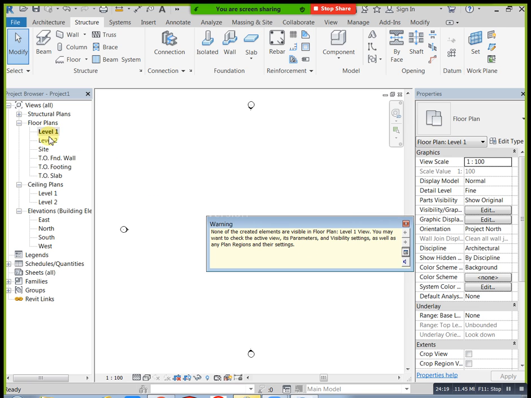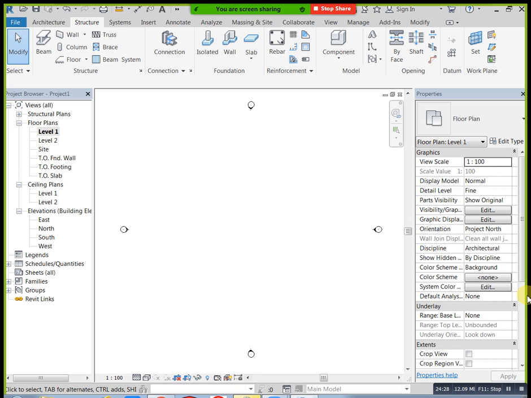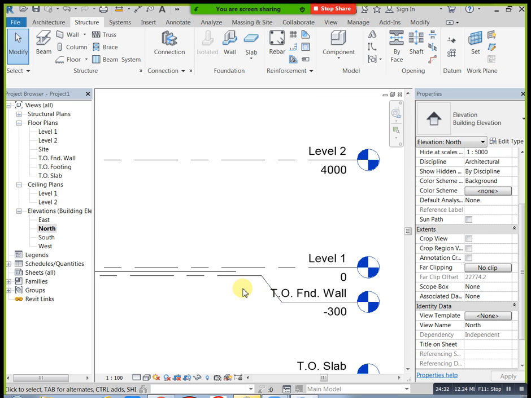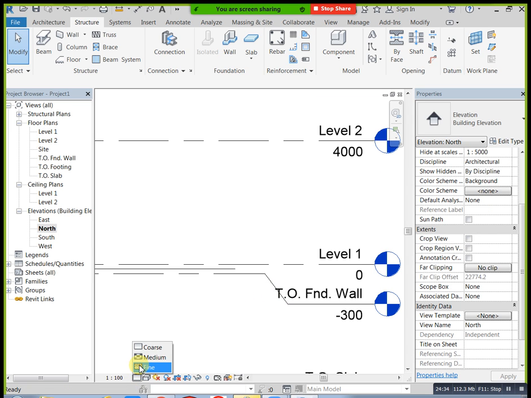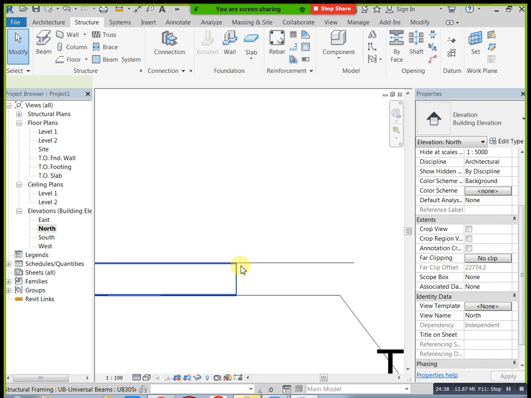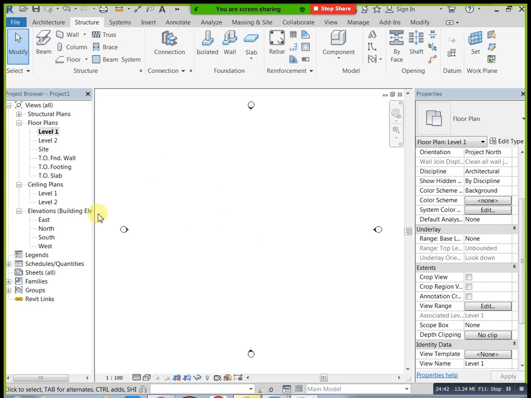Now you can see your visibility setting. For example, you can go to north. Here we have our beam, just you can see, this is our beam. Here we have the beam, but in level 1 it is not visible. Why? Just observe here, 0 below we have our beam. Plinth beams always come like this. 0 below we have our beam, and I need to see that beam.